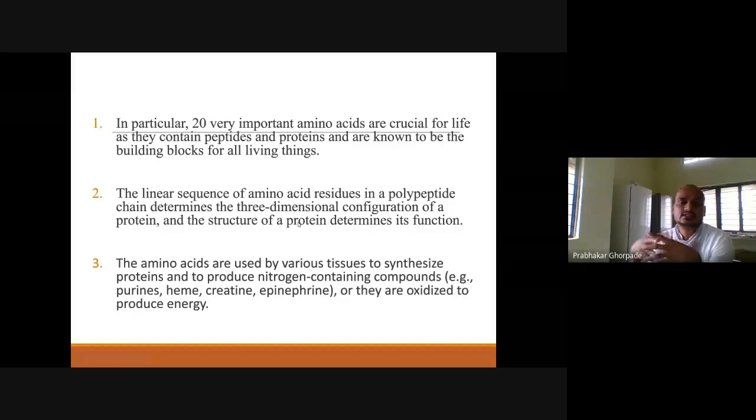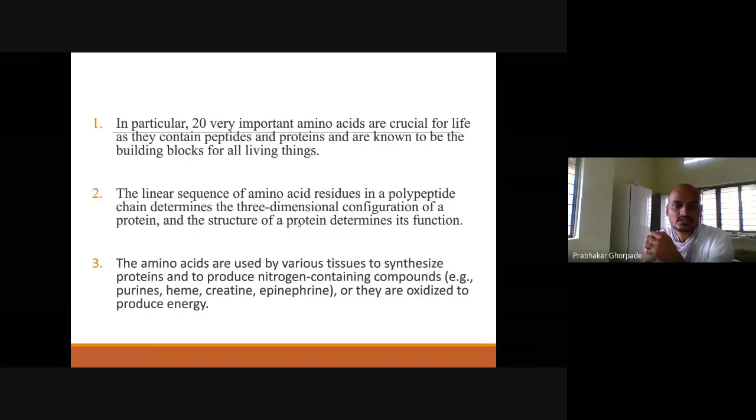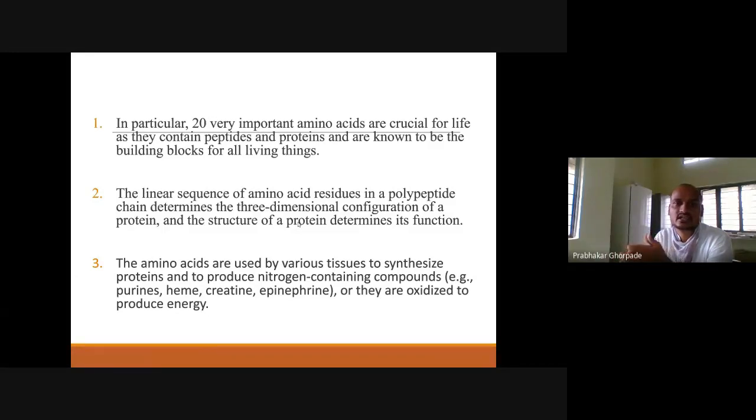Okay, so for any bodily function in our body, for example, you are eating some sugar molecules. The sugar you are eating has to be digested, which means it will require some enzyme, right? These enzymes are made up of protein molecules, and again this is a polypeptide chain that has been molded into a particular three-dimensional structure, and only if this three-dimensional structure is maintained can the protein function, right?